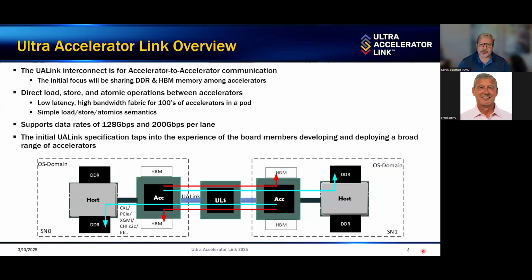One of the things that we looked at was, what's the signaling rate that we need? That was a great discussion that we had, and we settled on two. One is using a 128 gigabit per second PHY that is leveraged from what PCIe rates will be getting to in Gen 7, or the 200 gigabit per second PHY that is what's being used by the Ethernet world right now. We felt like both of those were important, and so we have the ability to support either PHY.